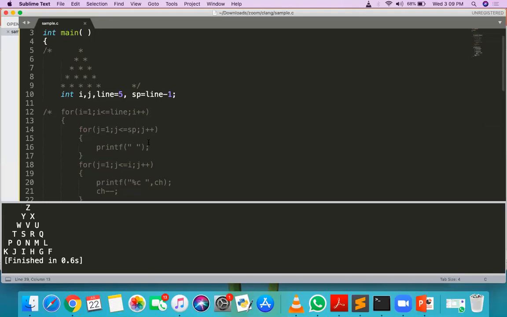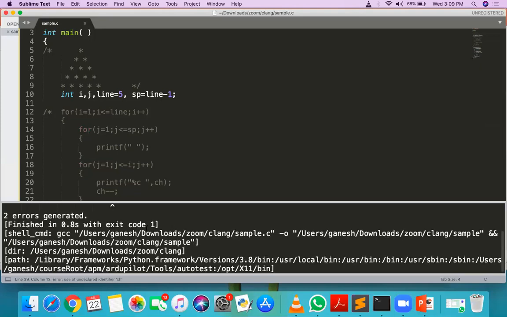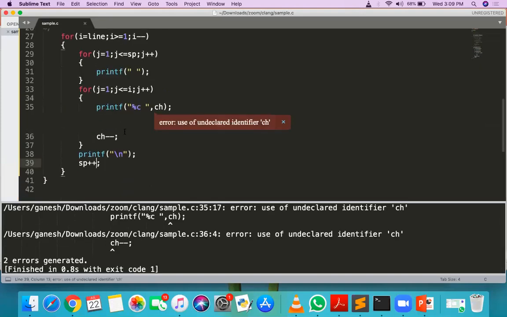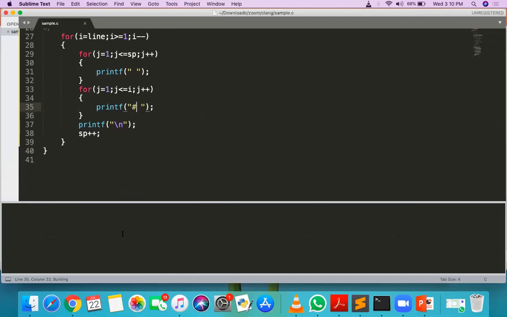SP is equal to line plus 1. No matter actually, that SP can be initialized to anything, suppose hash. Yes, we'll get this output.